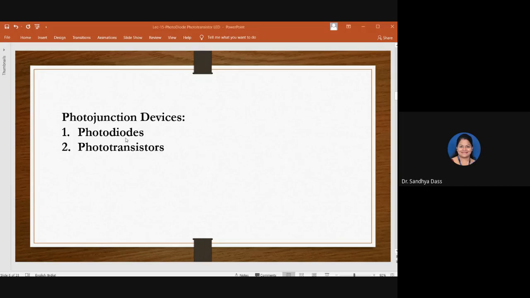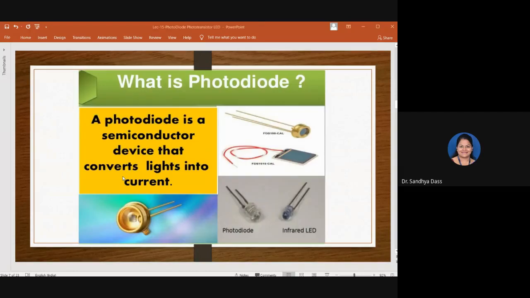So these are PN junction diodes that will conduct current when exposed to light. This diode is actually designed to operate in reverse bias mode, as you are already familiar, I guess. You have already studied in second PU. They operate in reverse bias condition, right? Which means the larger the intensity of the falling light, the greater will be the reverse bias current, correct?